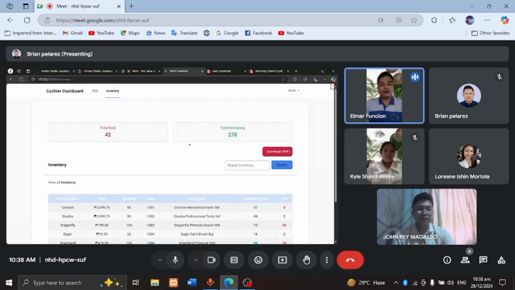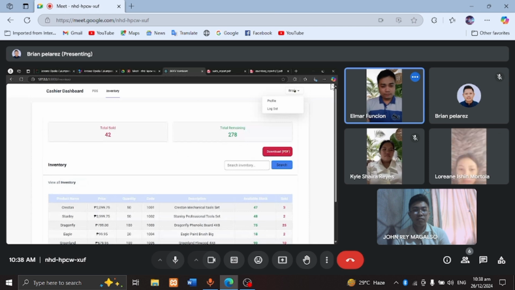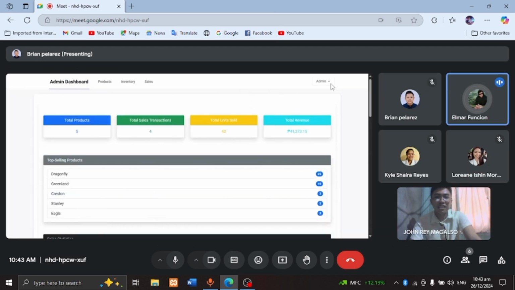Upon performing all those processes in our cashier UI, we're going to see in the admin panel if the documents and the process that we've been doing are fetched to the admin panel. So as you can see, we're going back to our admin panel.